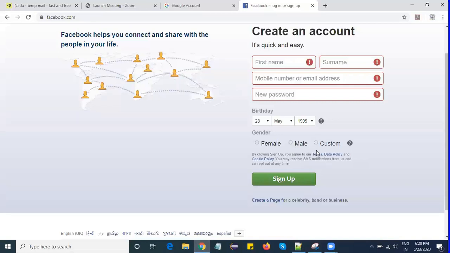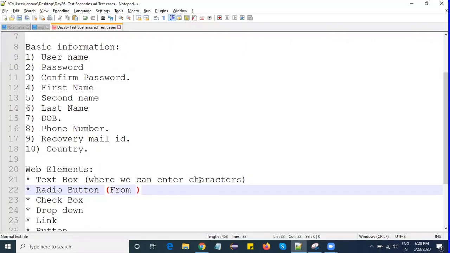When you go for 4 or 5 options, we'll come to another picture. From 3 options, I need to select one only. This is an example of a radio button.